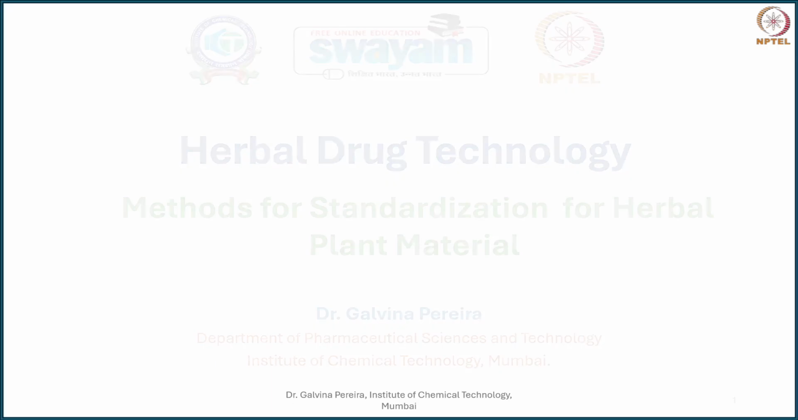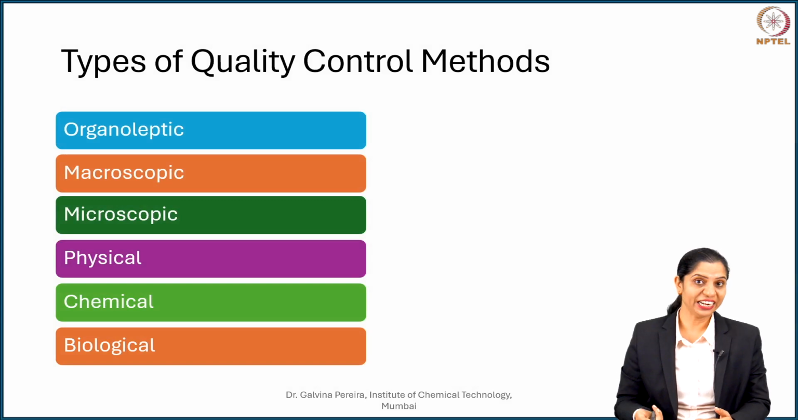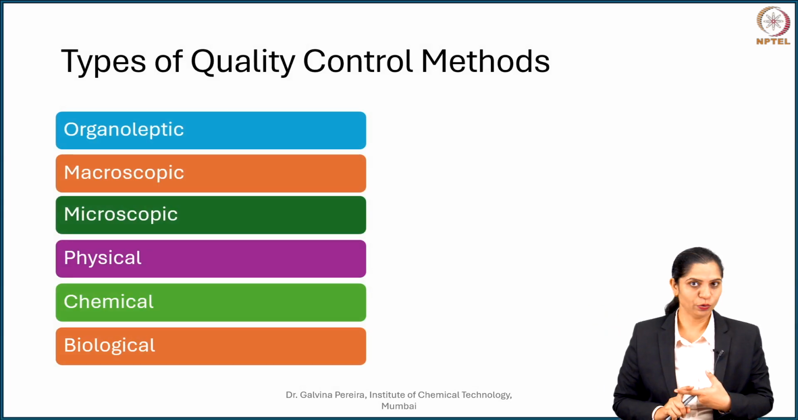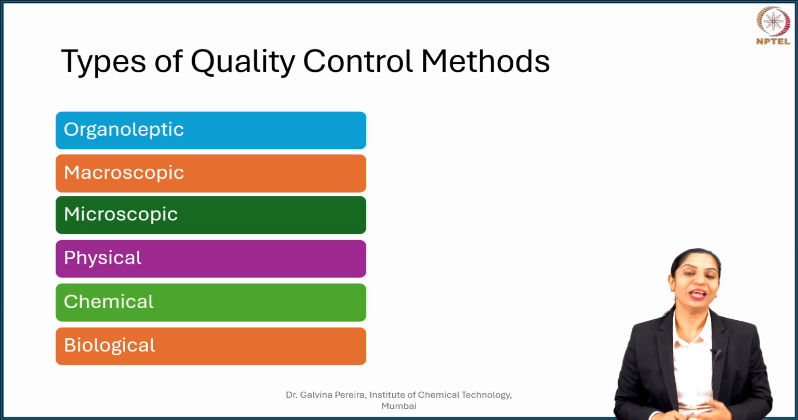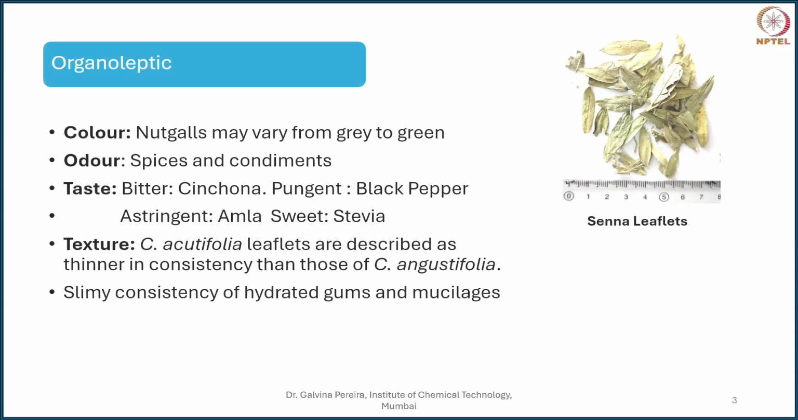Now, in the previous session, we saw that herbal drug standardization can be done using different quality control methods, and these quality control methods involved organoleptic methods, macroscopy, microscopy, physical, chemical as well as biological methods. Now let's understand each of these using examples. So when we come to organoleptic methods